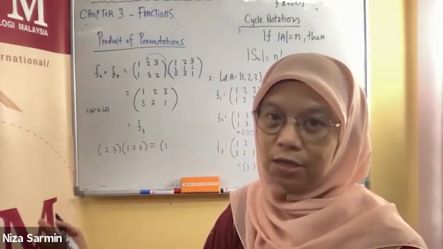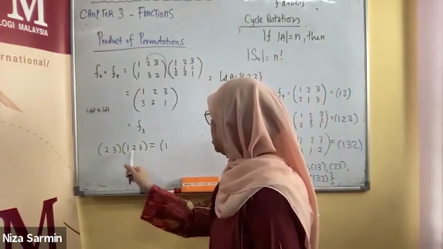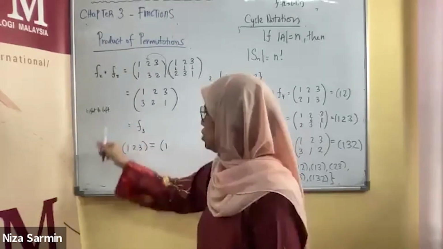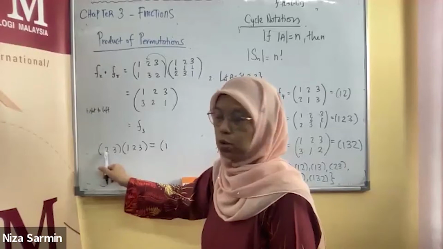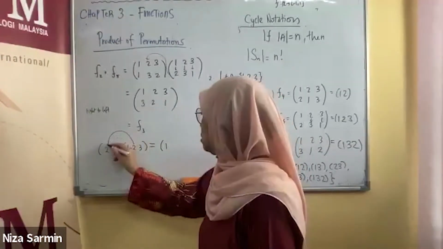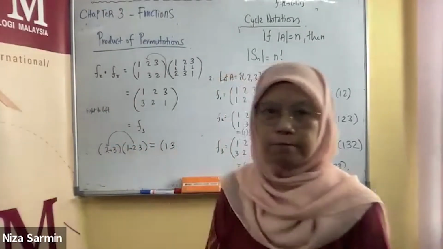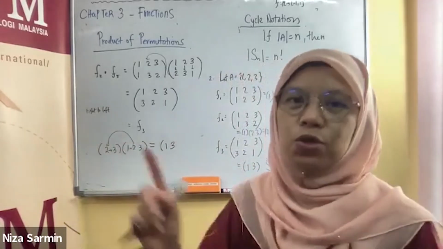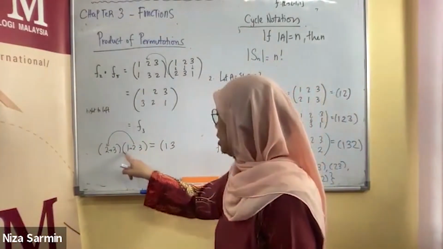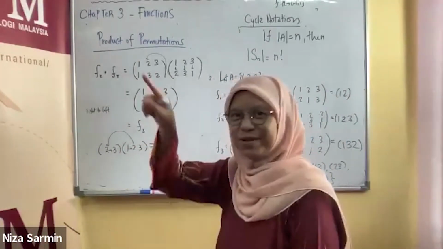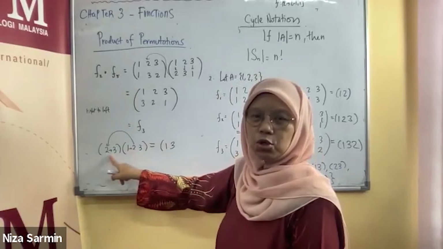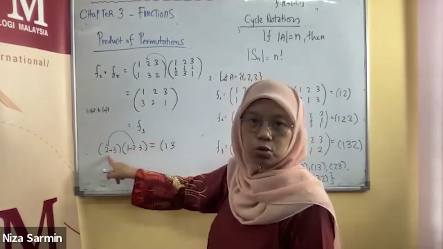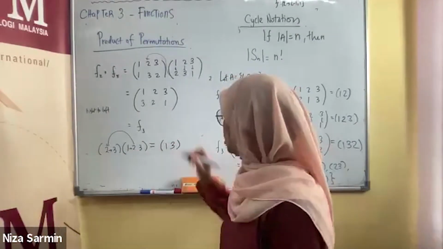You go from right to left. Okay, 1, from the right, 1 goes to 2, because the image is on the right. Then you have to jump and see where does 2 go. 2 goes to 3. So you put 3, and then you continue, you go back. 3 goes to 1. You see, (1 2 3) (2 3). 3 goes to 1. Where is 1? There is no 1, meaning 1 goes to 1. Remember, if there is no number, meaning it goes to itself. So 3 goes to 1, 1 goes to 1. So, oops, there's already 1 here. So you just close,